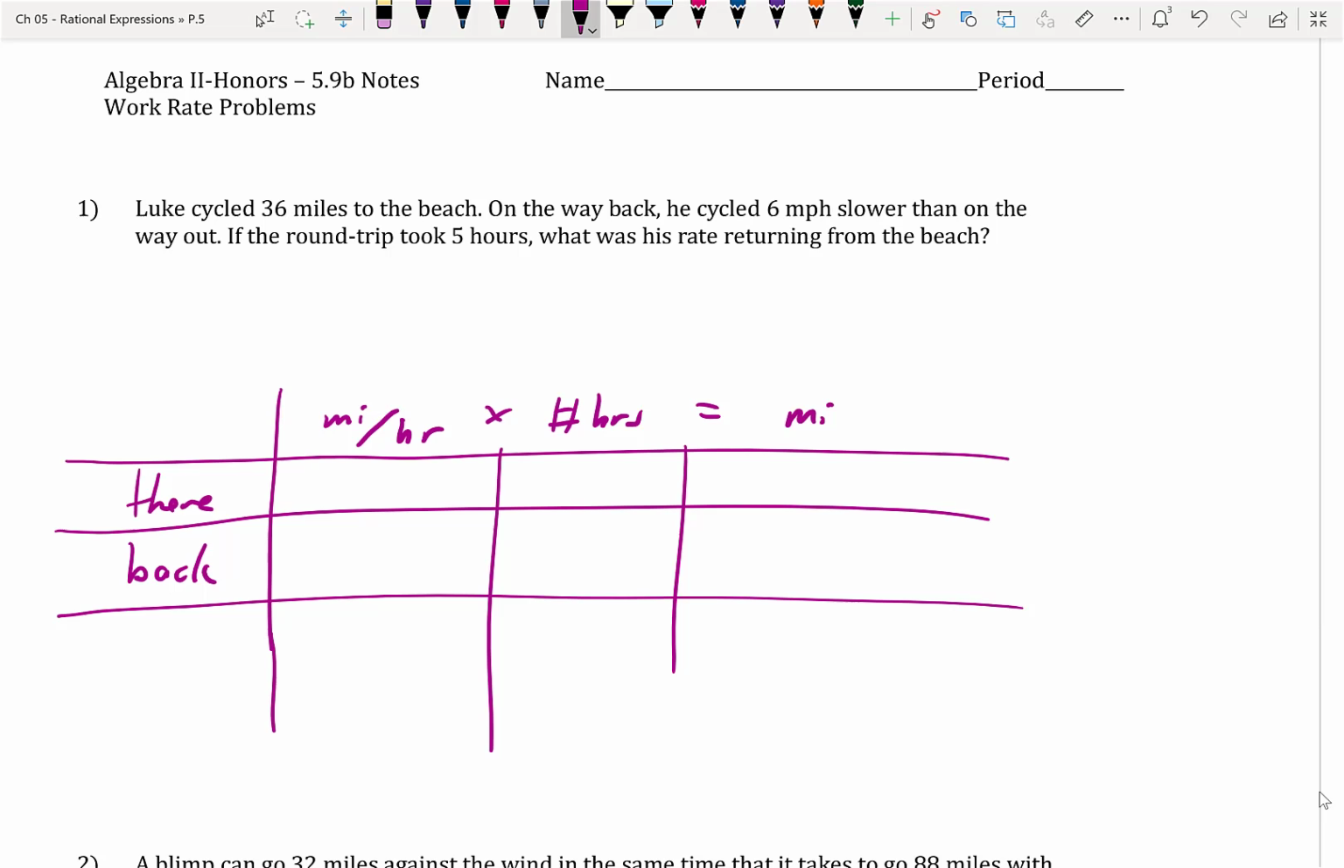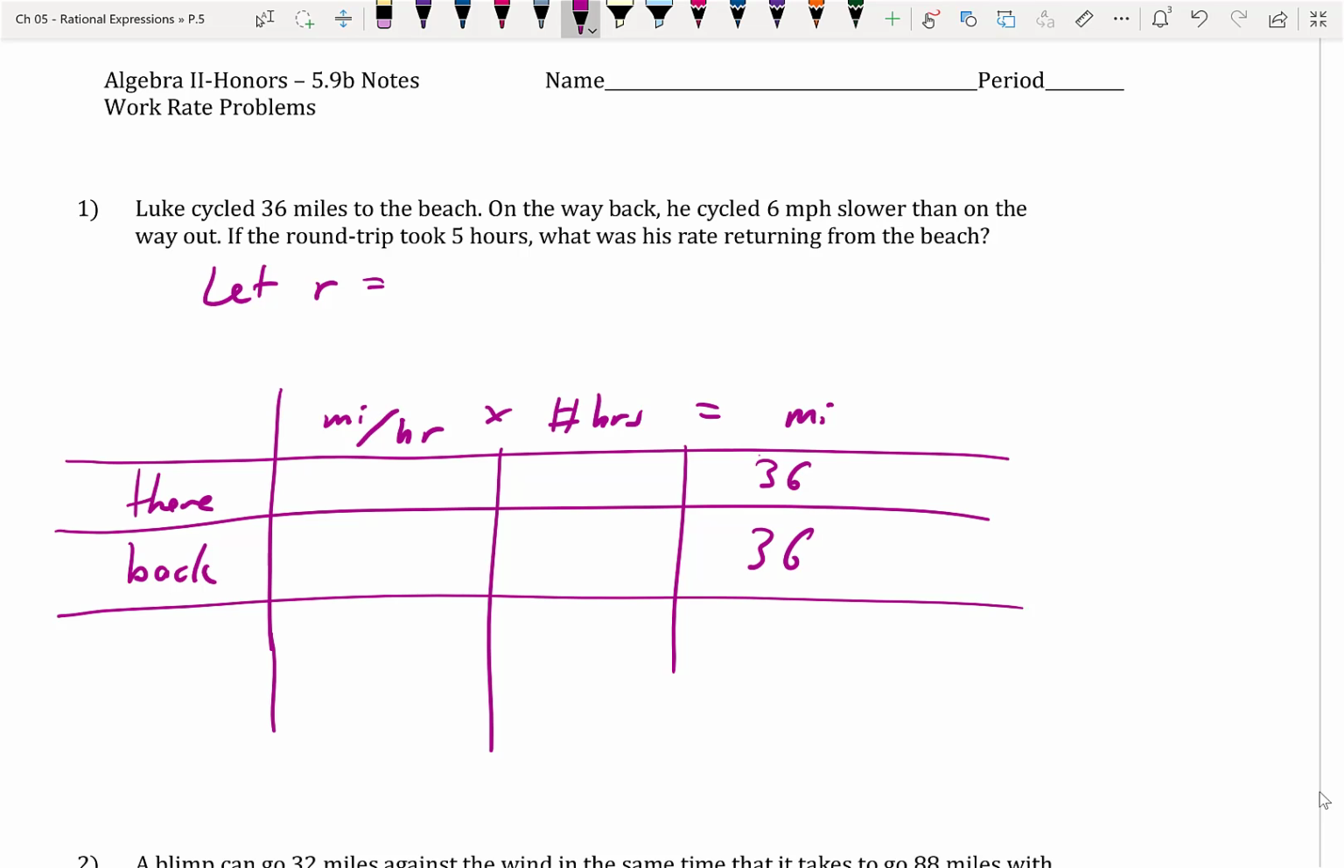That said, he cycled 36 miles to the beach, which means the way back is the same 36 miles. On the way back, he cycled 6 miles per hour slower than on the way out. As we read that one more time, the question is asking what his rate was returning from the beach. Given that the rates are unknown, we can set the variable as one of the rates. I'm going to do this how I anticipate many of you would do it. We're going to let R for rate